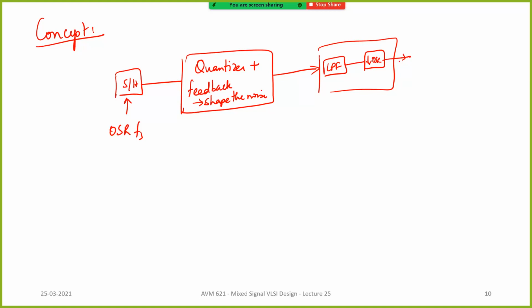Instead of just putting a normal quantizer, we are going to throw a feedback loop around the quantizer. And because of this feedback loop around the quantizer, we will see how noise gets shaped, which is called noise shaping. And because of the shaped noise, you are going to get even more improvement in your SQNR. Okay, and this is the basic underlying fundamental concept of your delta sigma modulator. Now that I told you that we are going to throw a feedback loop around our quantizer, let us look at a very simple feedback loop.